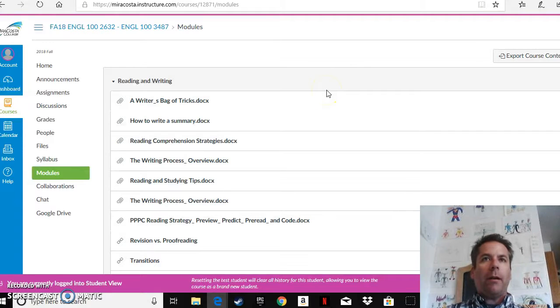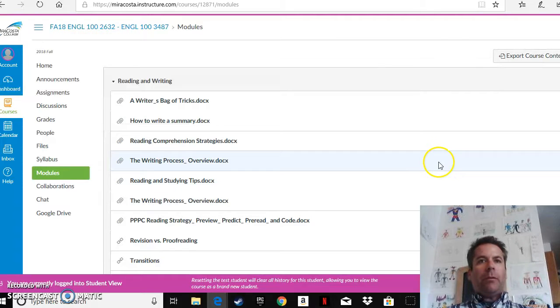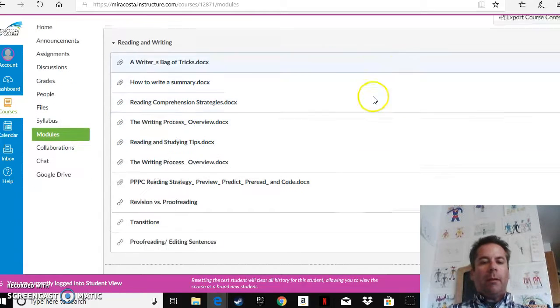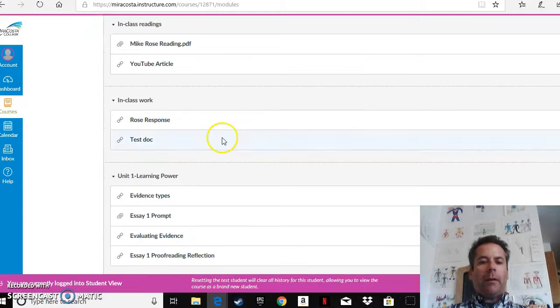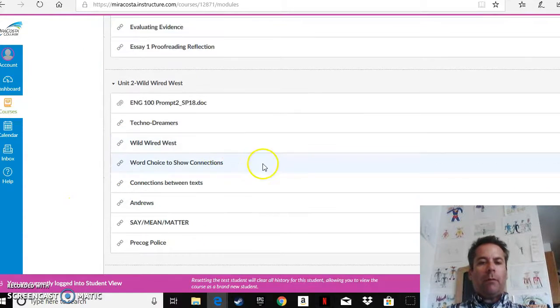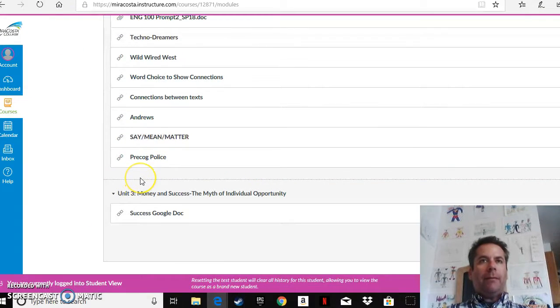I think Curry pointed out scrolling isn't a bad thing. So much of what we see online is through that action of scrolling, but I think the scrolling should be more linear. I guess it's kind of linear here in terms of unit 1, 2, 3, but I would like to challenge myself to